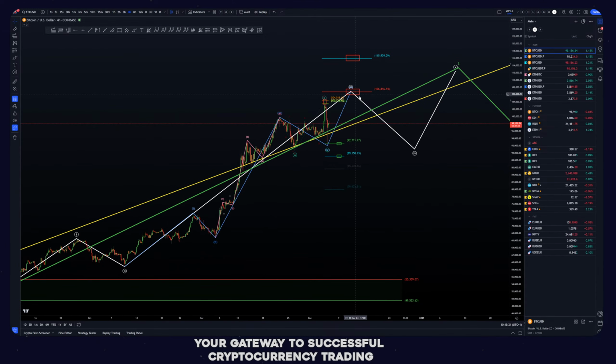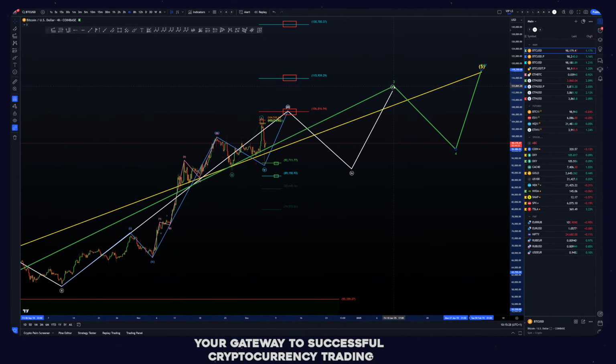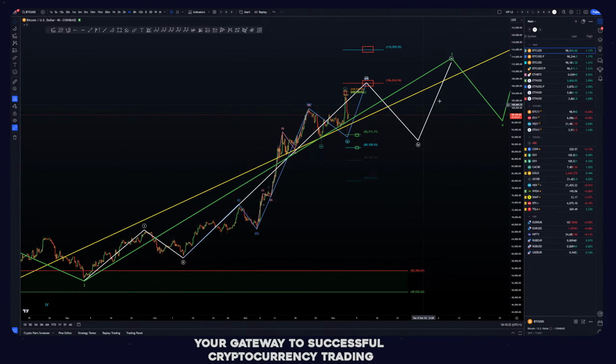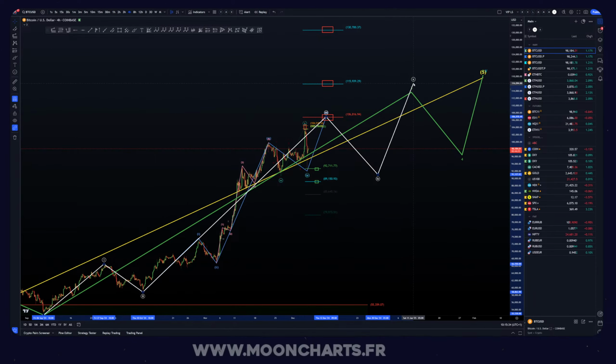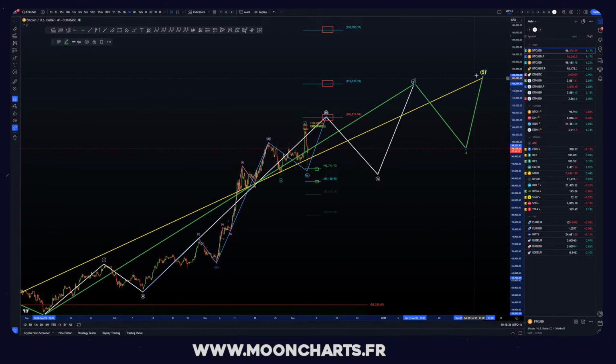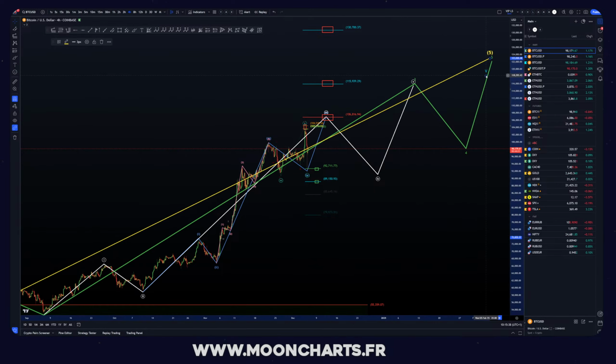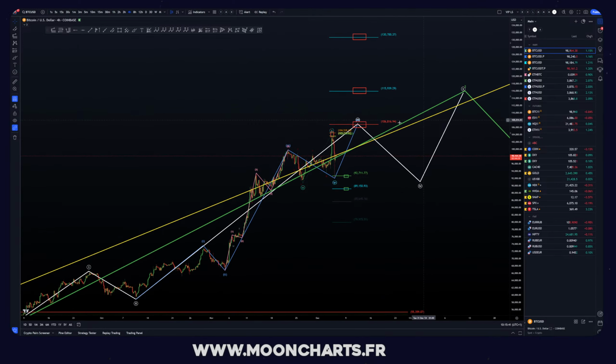But yeah, so this is the first target, 106,000. Well, 107,000 really. This is the next target, so very important. If you reject from here, next we'll normally have another wave 4, so another correction like this, and then again another wave 5, and then again we finish the wave 3, so we have to look for a wave 4, and then again we'll have a wave 5. So normally we shall not drop directly, we'll still have some space to push higher. Let me just move this a little more like that. But yeah, so first target is a 1-to-1 extension, so 106,000.